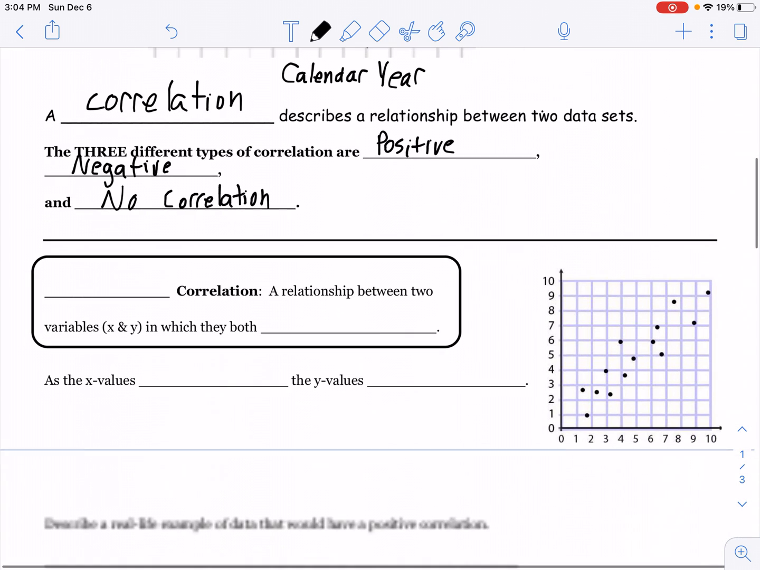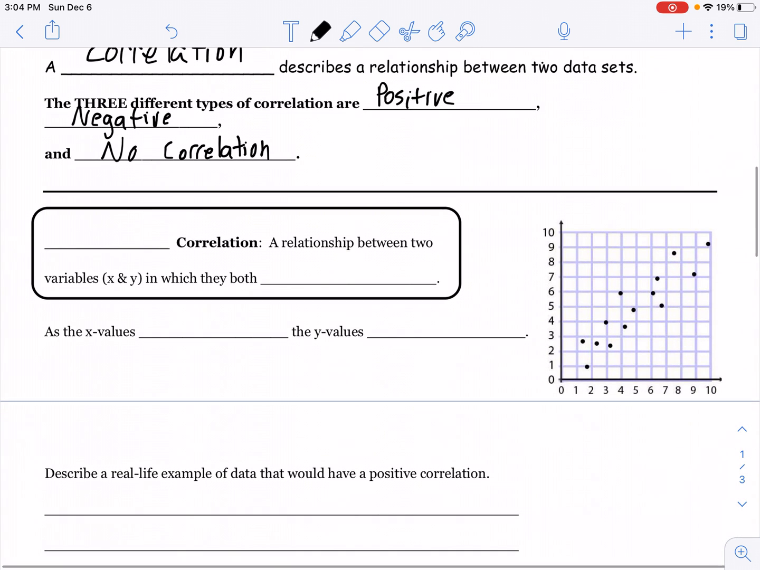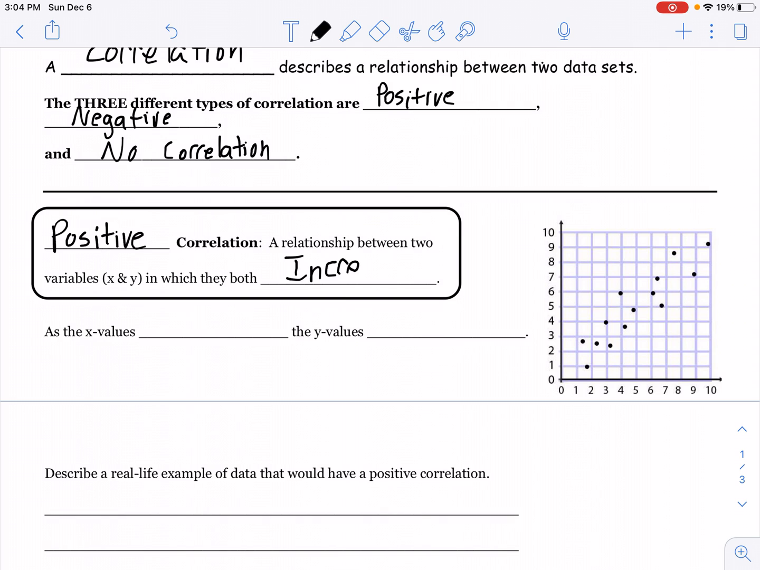Okay? Now, a positive correlation is a relationship between variables x and y in which both of them increase. Okay? Positive increase. So if we look at the